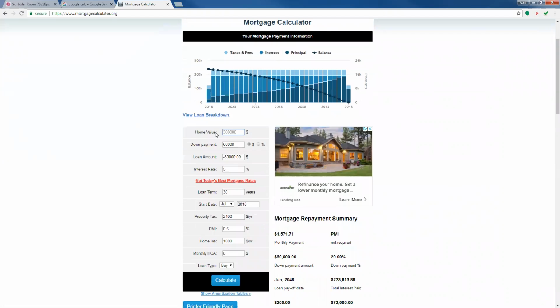It will give you a cost. It'll say you're going to buy a home for $250,000. So the amount you're buying the home for, that's your home value. Then it'll say whether you're making a down payment or not. Sometimes you pay money up front and say, I'm going to pay $20,000 because that's less money I don't have to actually borrow. So the down payment, you type it in. On the mortgage calculator, it automatically calculates your loan amount. You never have to type in the loan amount because this mortgage calculator does it for you.